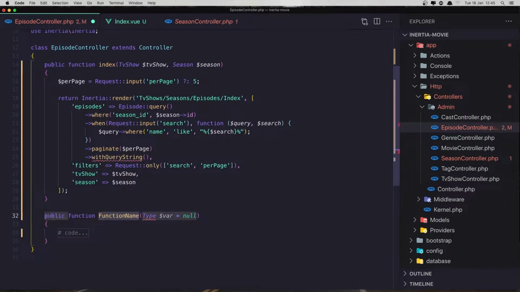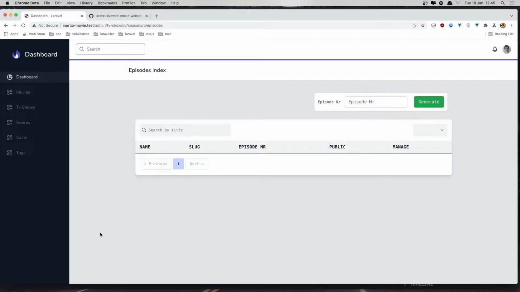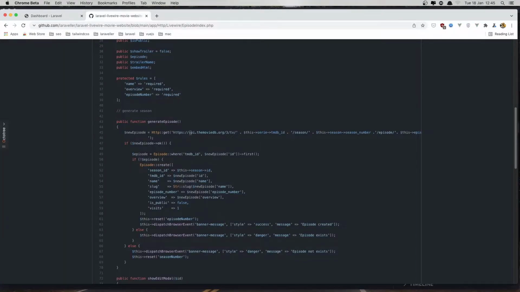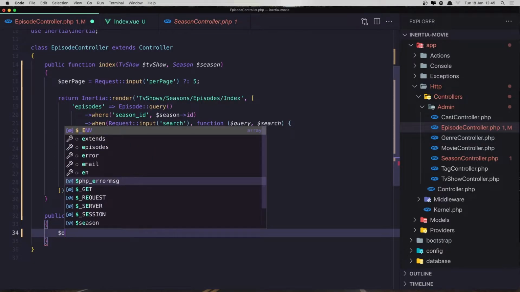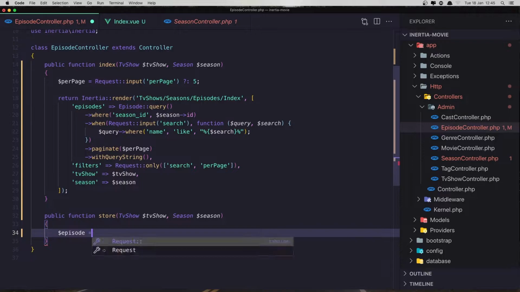function with name store, and here we need to add the TV show, $sign TV show, and also the season. Okay, after that we need to make the HTTP GET request, and also we need to check if we have the episode. So first I'm going to check $sign episode is going to be the season episodes,